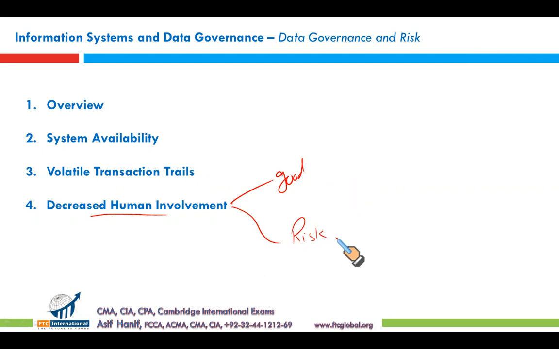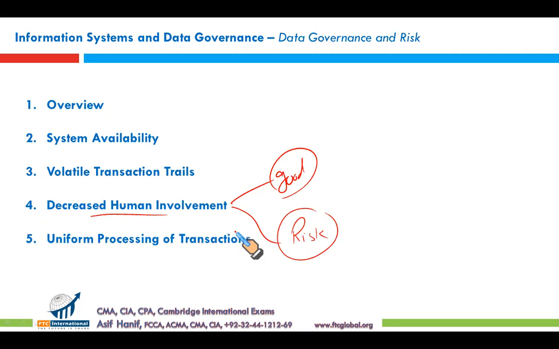because there are some potential errors that can stay. Computers don't know between right and wrong. It has to be told through coding what is right and what is wrong. So decreased human involvement could be good, speedier processing, quick results, but it also poses a risk that some errors might go undetected, because human experience is not something that you can replace by an IT system, but still this assertion is changing rapidly as we embrace machine learning, artificial intelligence.